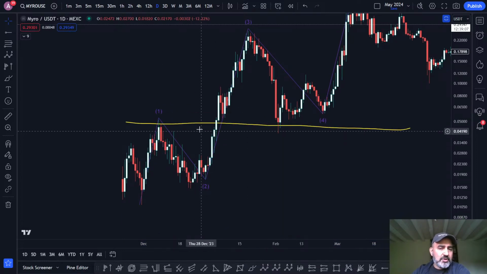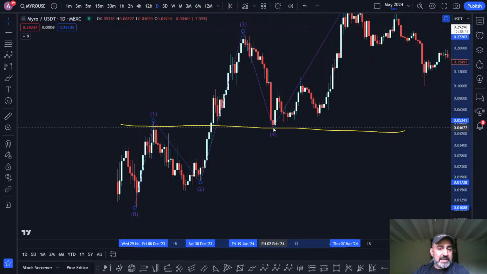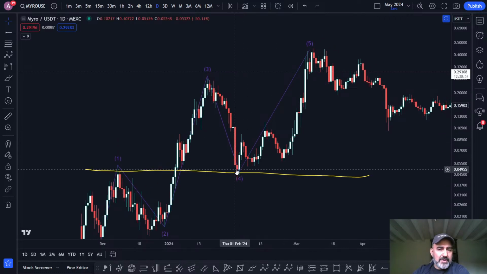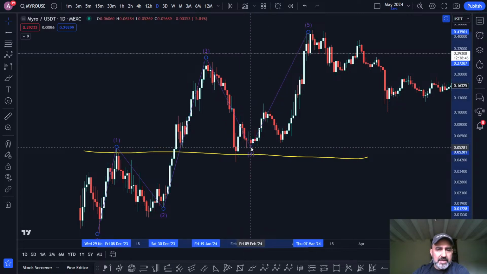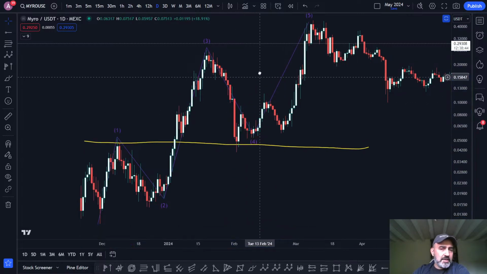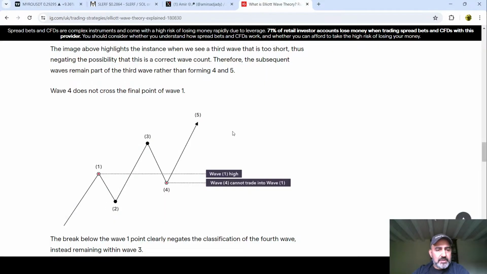So in crypto, even though the extension is to the end of the wick, when it comes to this rule, specifically, wherever the 4 comes, it can't come underneath. And potentially that is where your wave 4 did end. I haven't really gone into depth, but you see, actually it can't be there. Anyway, whatever, the 4 can't come underneath the 1. That's the rule.